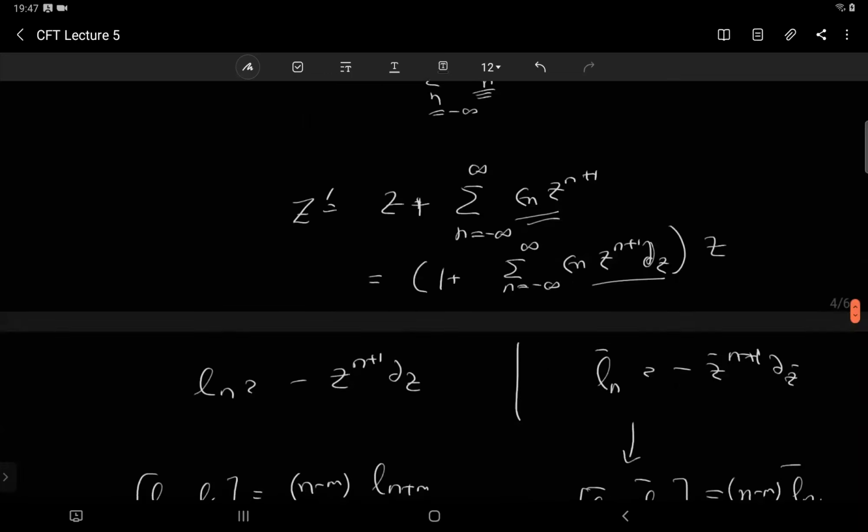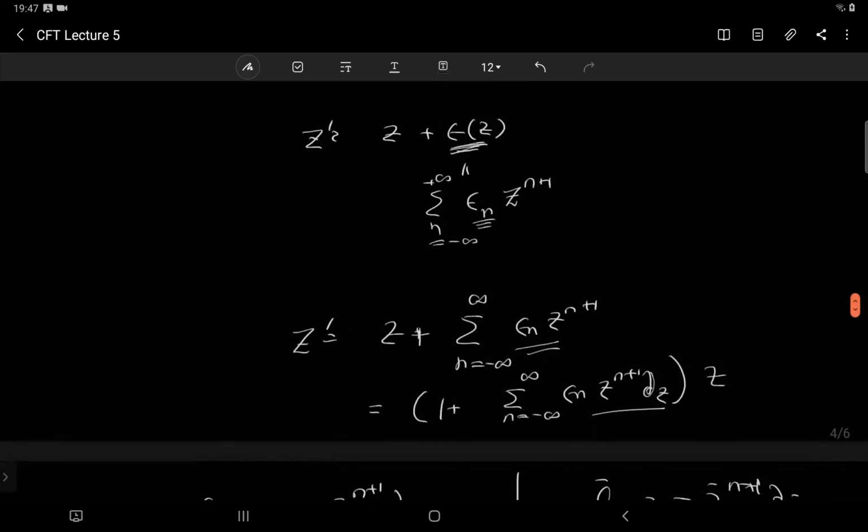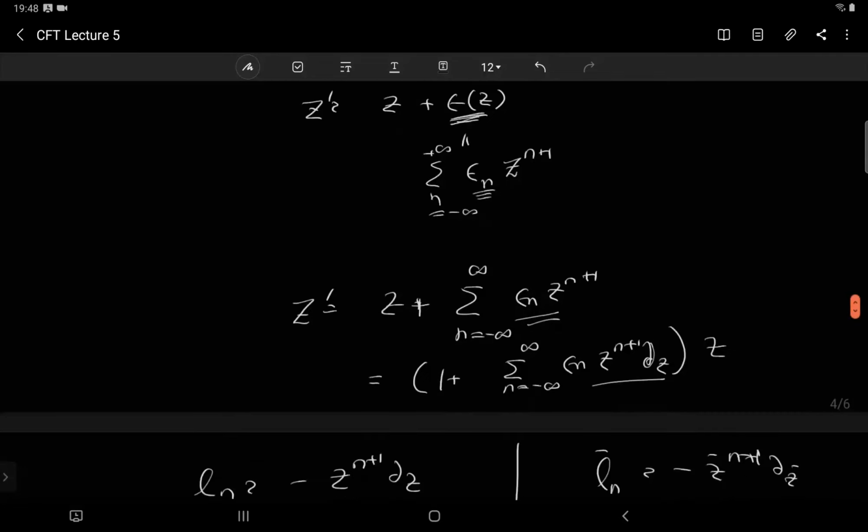The other way of saying it is that if you write down a holomorphic transformation, you cannot write down something which is holomorphic, which is analytic everywhere. It will have some singularity somewhere. You cannot have a holomorphic function which is analytic everywhere on the plane, including infinity. It will have poles somewhere. The only function which is analytic everywhere is a constant function. So it's just a statement of that.